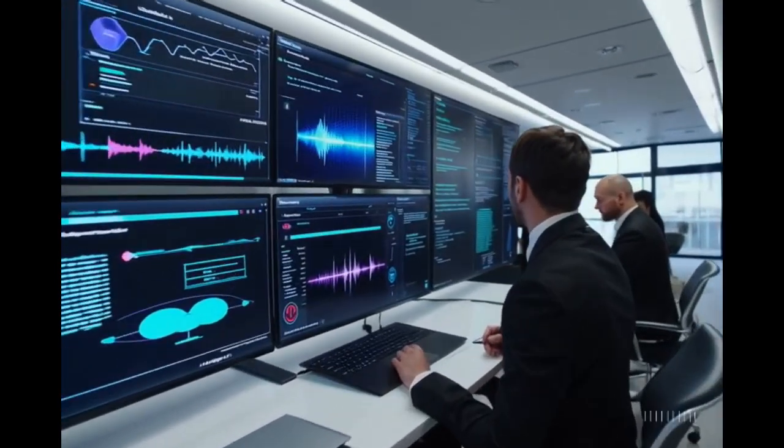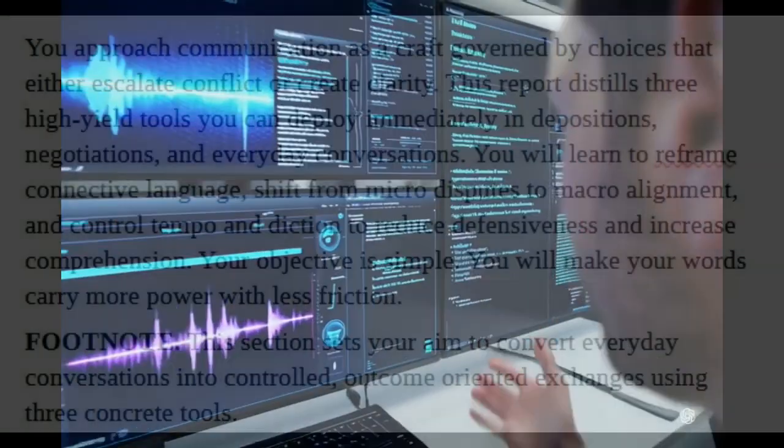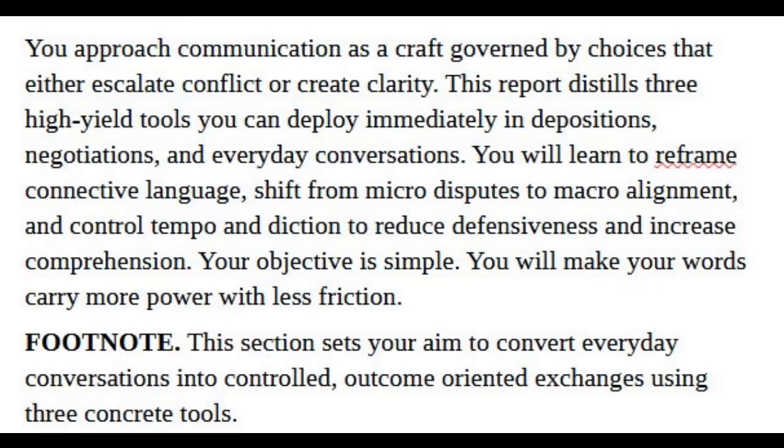Forensic communication tools for adversarial dialogue. You approach communication as a craft governed by choices that either escalate conflict or create clarity. This report distills 3 high-yield tools you can deploy immediately in depositions, negotiations, and everyday conversations. You will learn to reframe connective language, shift from micro-disputes to macro-alignment, and control tempo and diction to reduce defensiveness